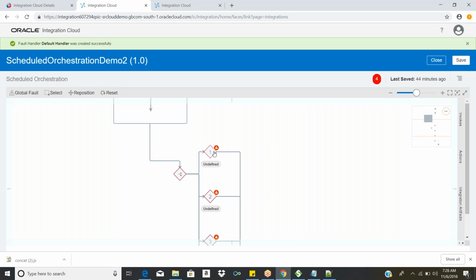Now, how can I define the condition inside of this thing? Just double click on this and this will pop up. The eye symbol is just for viewing purposes. If you click on it, you cannot edit anything. And this is the edit option, so you can click on it to add the expression.